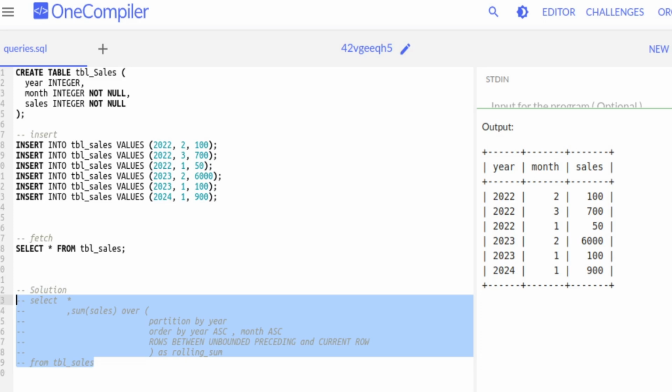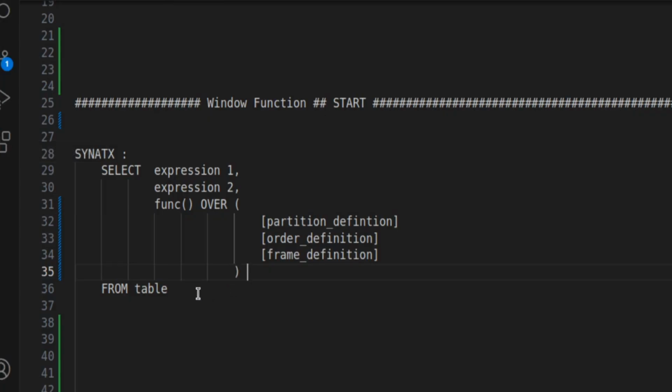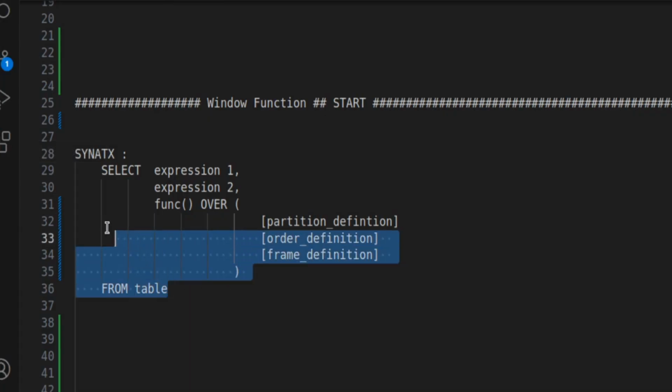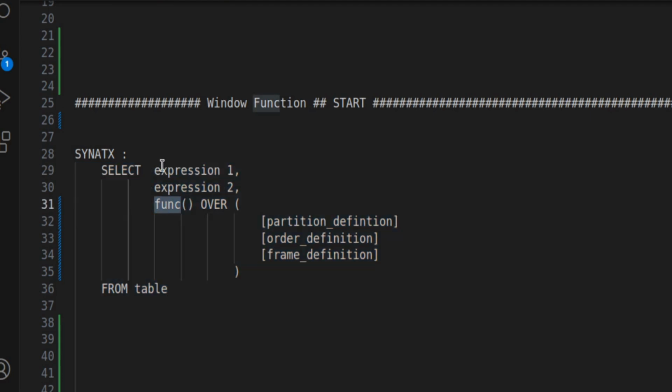To achieve that, we have to use a window function. If you are new to window functions, I will give you a quick walkthrough of the syntax. This is the basic syntax of a window function. Along with the columns inside the table, here is where you will give the function that you want to apply, and inside the OVER clause,